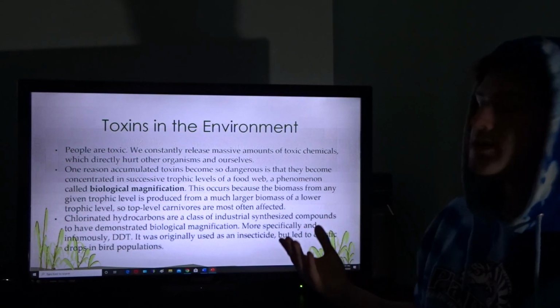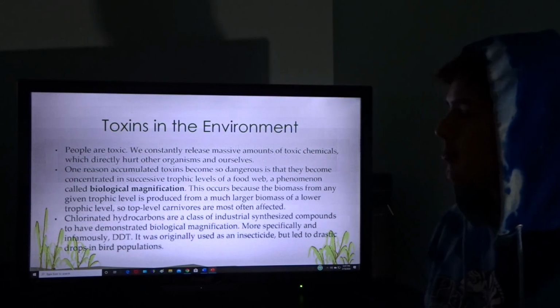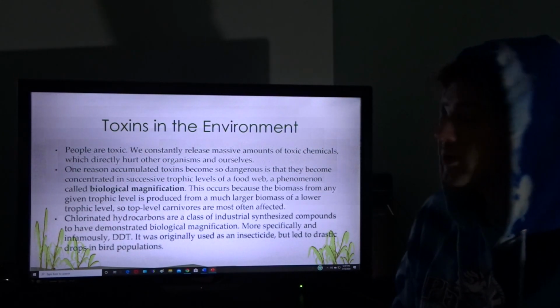So next we can look at the toxins in the environment, building off the idea of these nutrients leaking into the environment and causing profound effects. So people are toxic, and we